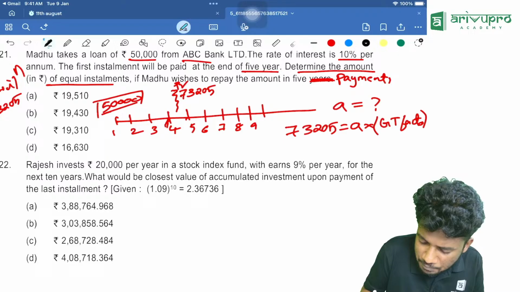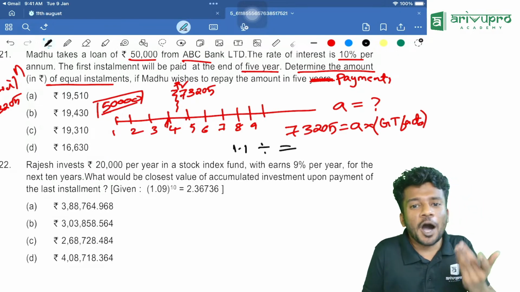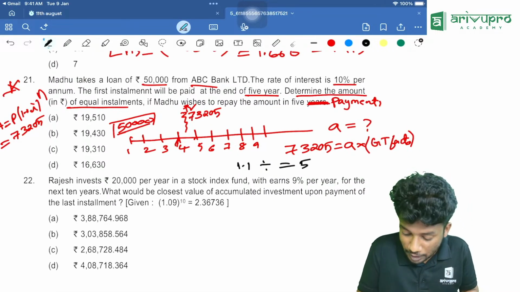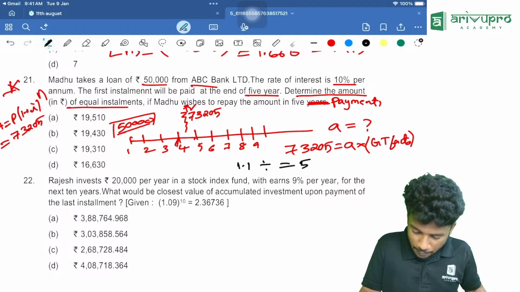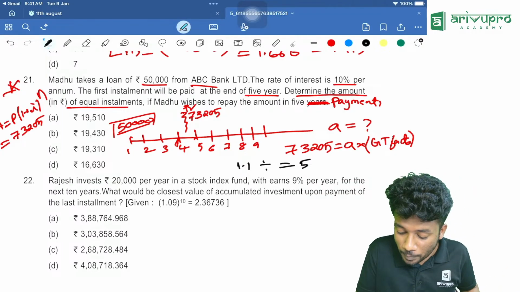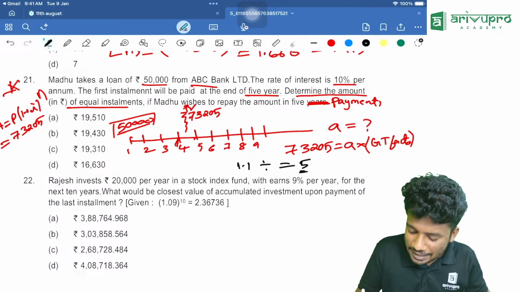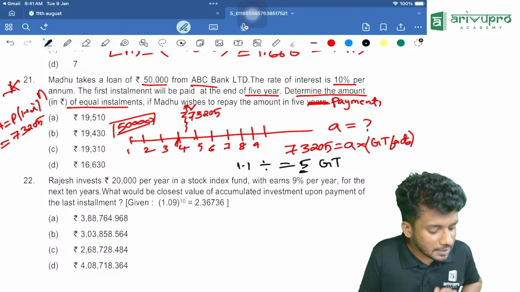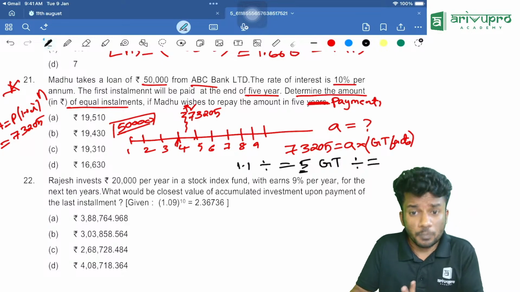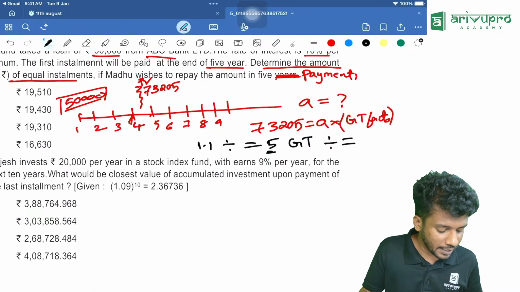Take your calculator, type 1.1, then click divide, then equal to how many times, how many years it is. It is 5 years, 5 installments we are paying. So type 1.1, click divide, then equal to 5 times. 1, 2, 3, 4, 5. Then click the GT button. Then you should take it to the other side. That you will do by clicking divide, equal to. Then multiply it with